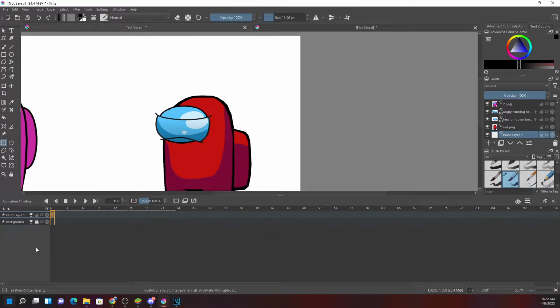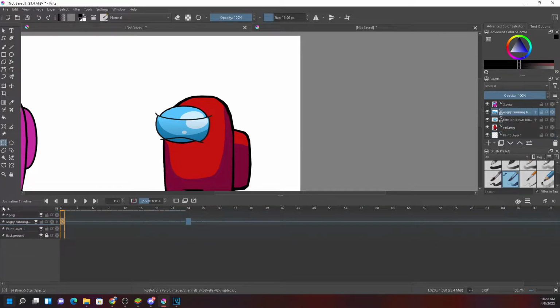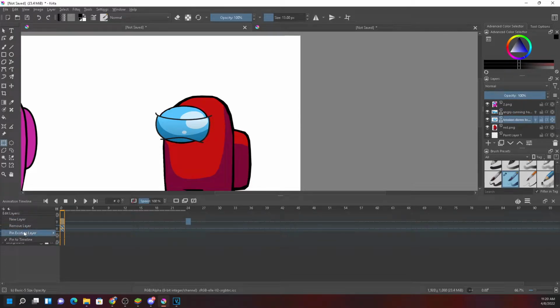You can see the eyes that I have dropped are not appearing over here. So what should I do? These layers are not available because there are so many layers over here. See, 1 2 3 4 5, I can see only 2 layers. I need to click on this plus symbol and pin existing layer. I need to click on everything. In the previous, older version that I was using, this problem is not there. I don't know why I need to click on everything like this to show.